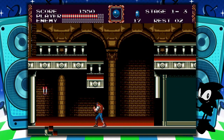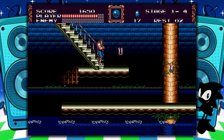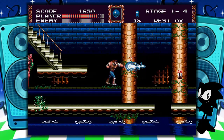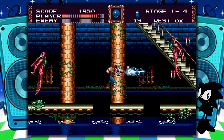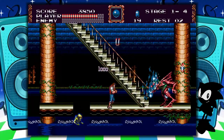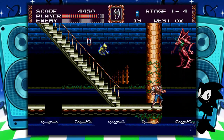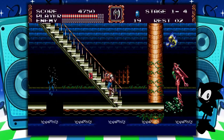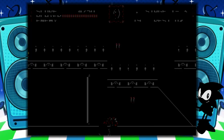Jumping forward to here though, there's something I did want to point out. Watch this, in the level with the fishmen. There is a definite stutter and slowdown there. That surprised me, to the point where I actually went back and replayed this section a few times, and every time on the official Sega Mega Drive Mini,